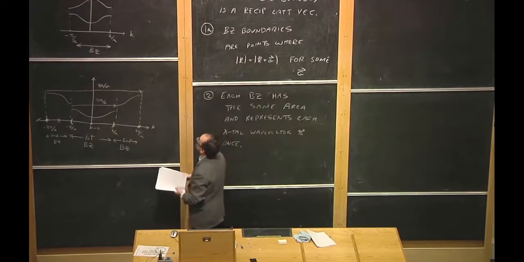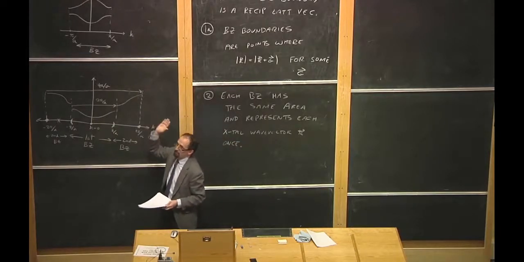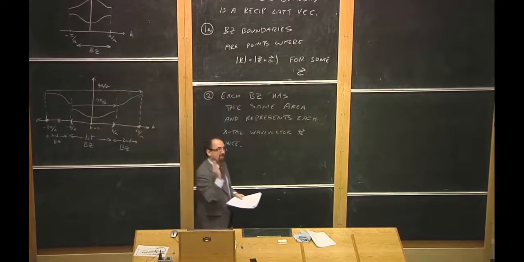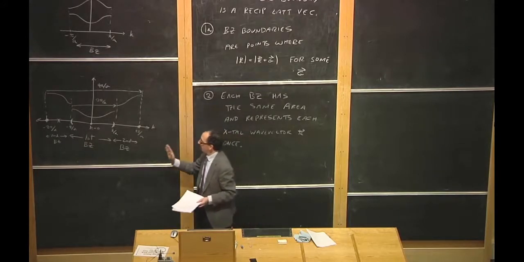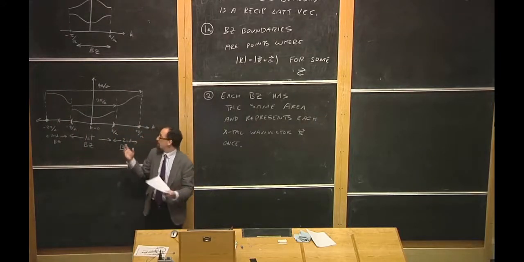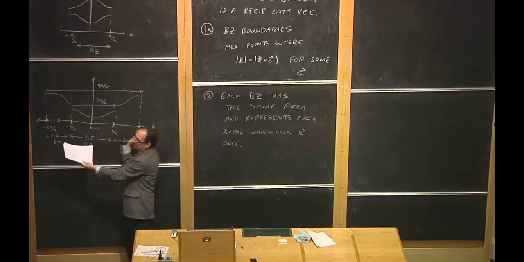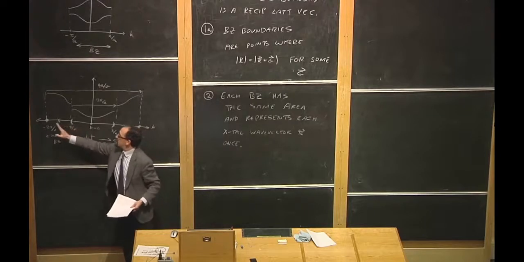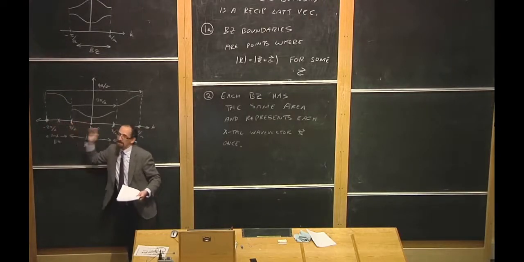That was our general idea of constructing the Brillouin zone in the first place, that every physically different wave is represented exactly once in the Brillouin zone. The second Brillouin zone is equivalent to the first Brillouin zone. We've just moved the pieces around into different places, but each wave vector k is represented exactly once